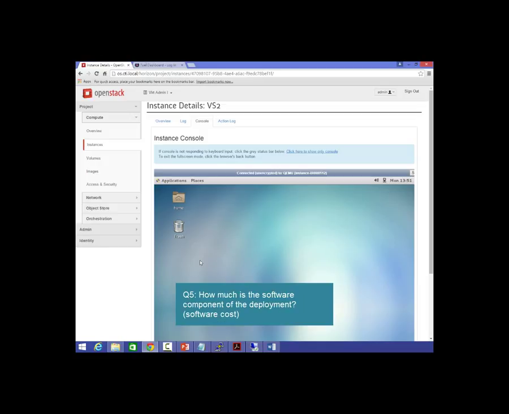OpenStack is all open source, 100% open source. You listed a couple of other programs in there as well. Is it predominantly open source? Are you asking about the services from the topology, or Mirantis using Fuel? Like all OpenStack, all the programs that you use are open source. Yeah, everything that I use is open source. Again, with open source being free, where do you get your support from?